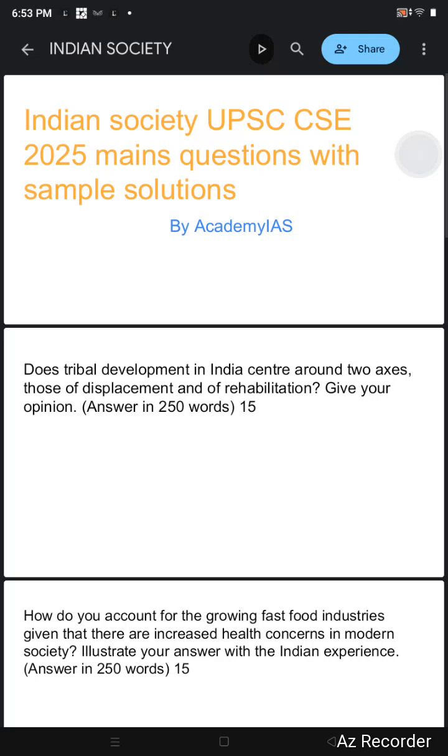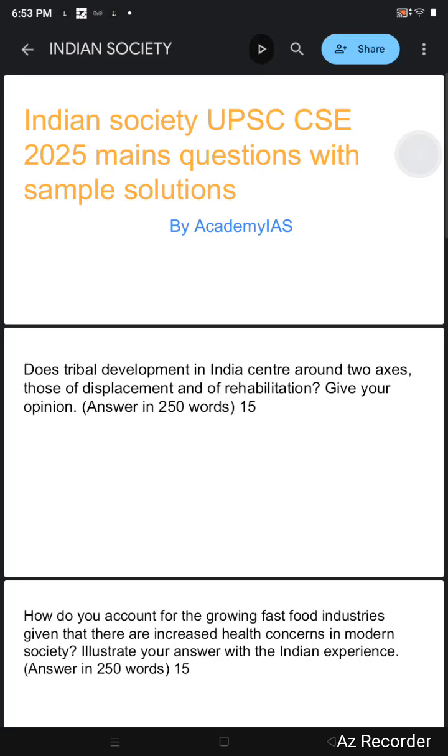Tribal areas are full of resources, and mega development projects such as dams, mines, and industries all happen in or near tribal areas. As you know, the tribes reside nearby in the forest areas. So to implement those projects, we have to displace them,